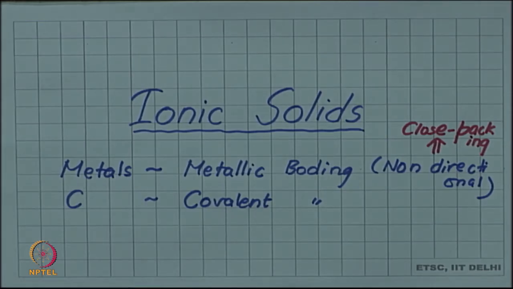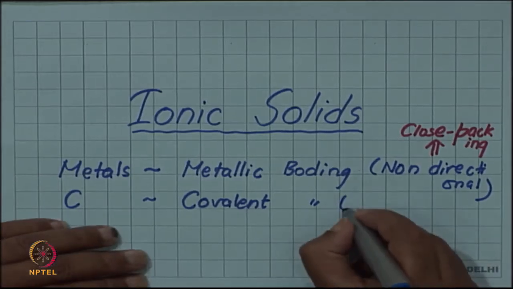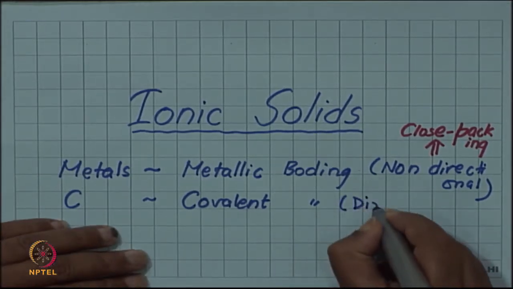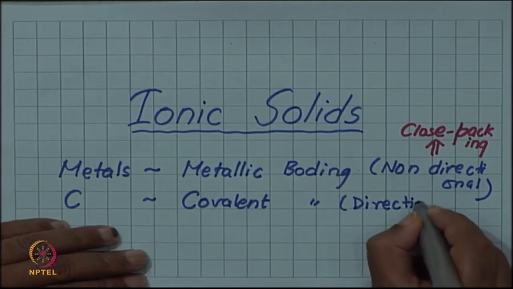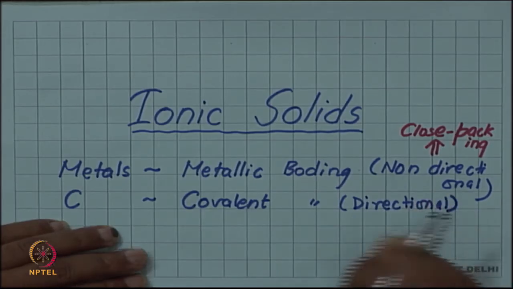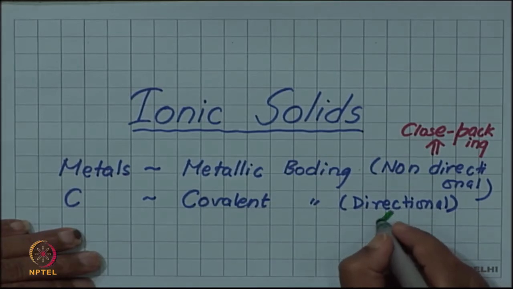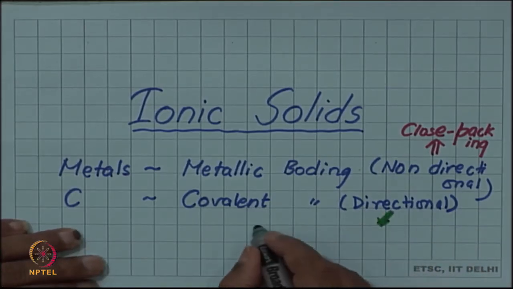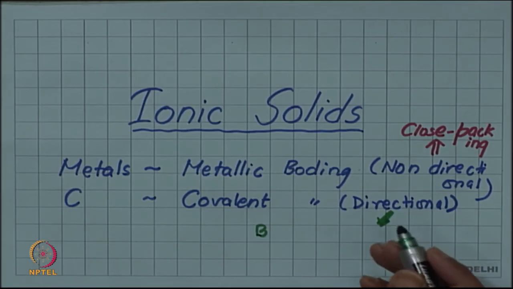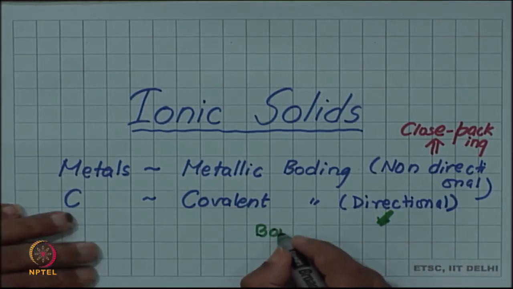Whereas in covalent bonding, the carbon structures were not close packed because they are strongly directional. Directional bonding means the bond angles are fixed, so you can't do close packing because you have to keep